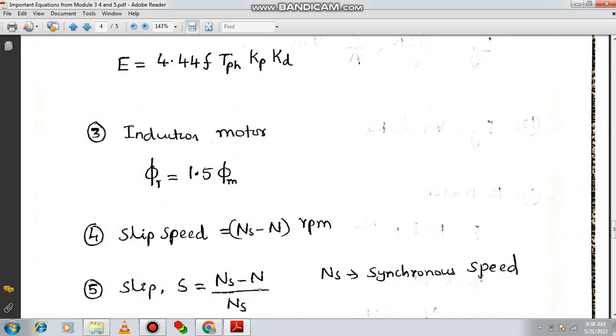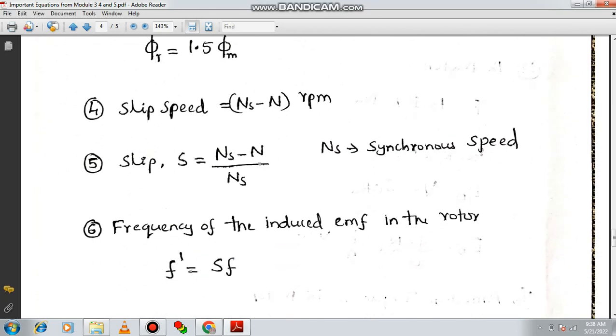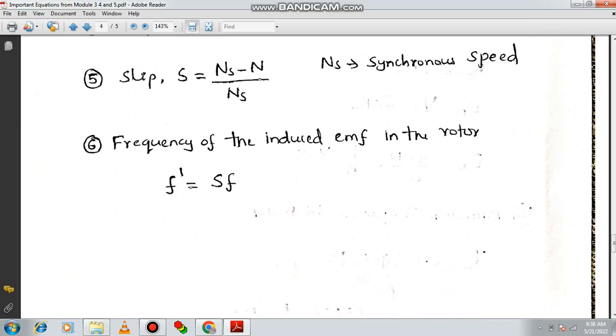In case of induction motor, the second part, the resultant flux is 1.5 times the overall flux or the total magnitude of flux. So slip speed you can calculate using the formula Ns minus N, where Ns is the synchronous speed. And slip you can calculate using the formula Ns minus N divided by Ns. Finally, the rotor frequency you can calculate using the formula f